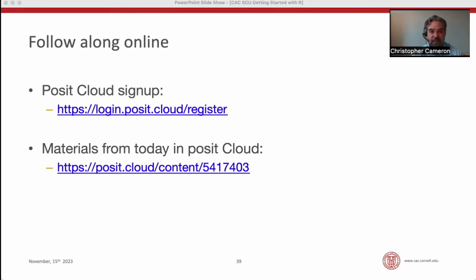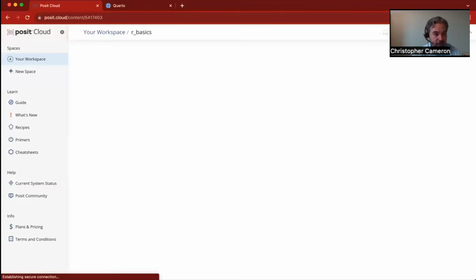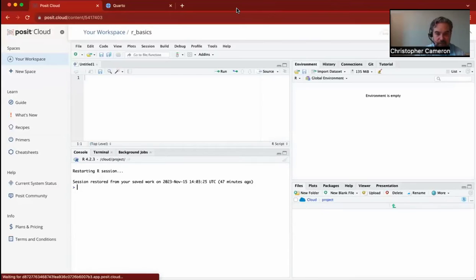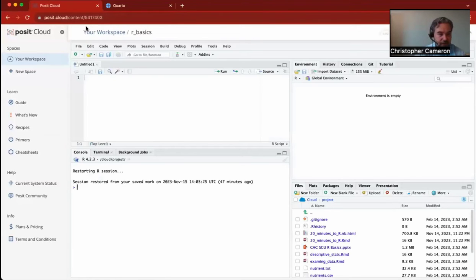But mostly once you get it set up the first time, it's good to go. I'm going to switch my screen share real quick, and then all right, so this is Posit Cloud. This looks remarkably similar to,